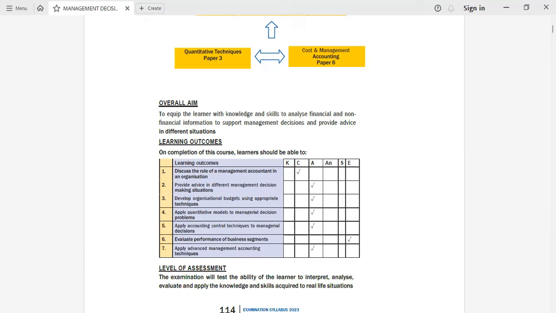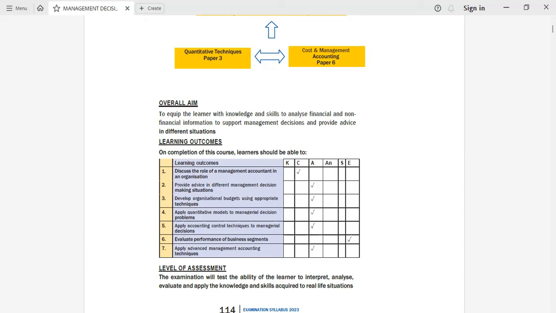But as we said, the MDC paper, for those who are doing SCCA, is the same as performance management. There are some very few topics that you find we are covering this side, the other side they are not covering them. There are those very few that they add on that we don't actually cover here. But all that we are going to be discussing is examined, so long as you are doing performance management,